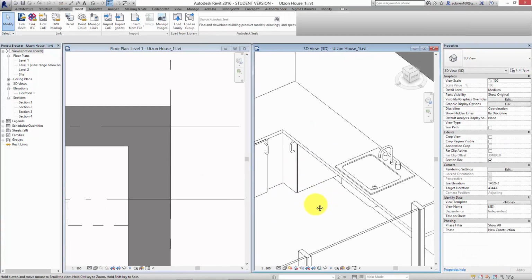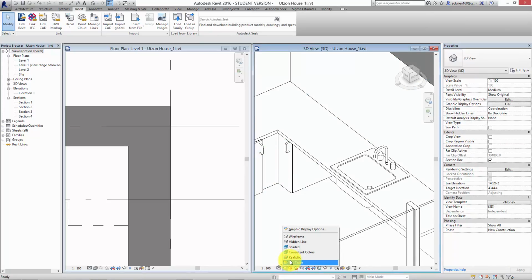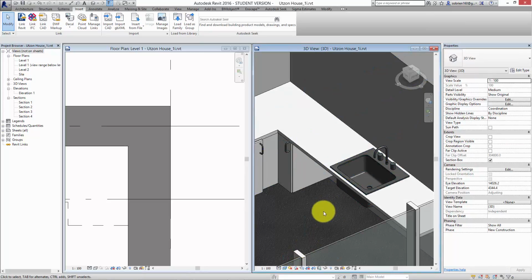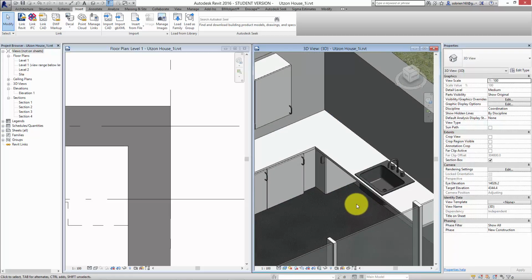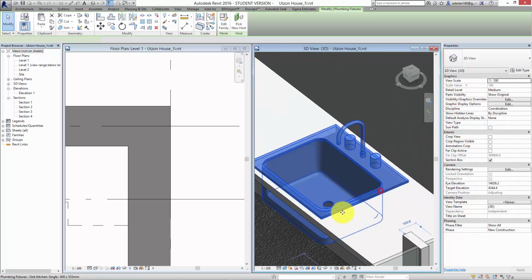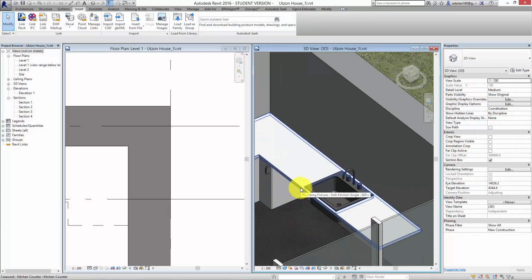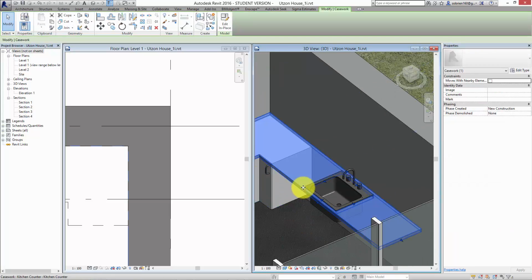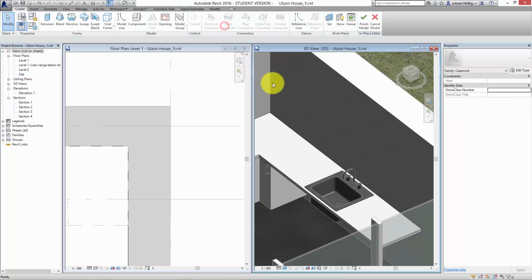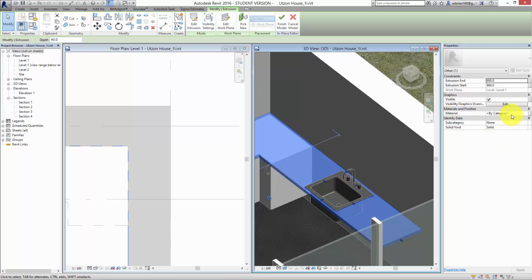So let's get into the materials a little bit. If I turn on the realistic view here, this is what our kitchen looks like at the moment. It's kind of different kind of colors. But let's say we want to give this a material. If I select this extrusion, I can select edit in place, and then you need to select it again. And then you have the option to change the material. So the material here is set to by category. If I select this and click this little button here,